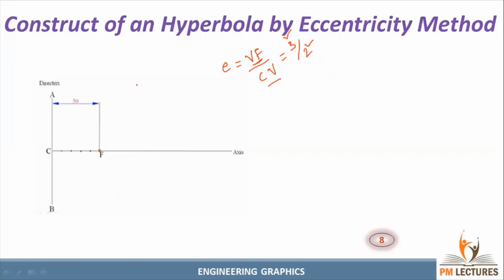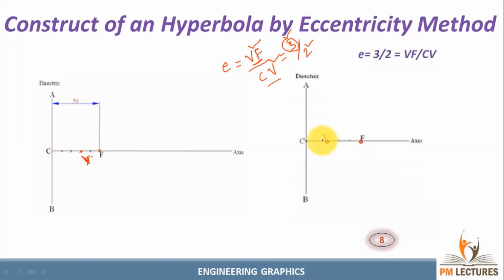From the starting point, if I use the numerator value, the starting point is F, that is initial 0, 1 and 2. This is the vertex point. If I use the denominator value, it means 3 units. For 3 units, C is the starting point, initial 0, 1, 2, and this is the third point, the vertex. We can use either the numerator or the denominator value to find the vertex point. So it will look like this, guys. You can understand here, it's a clear view. Okay, then we can move to the next step.